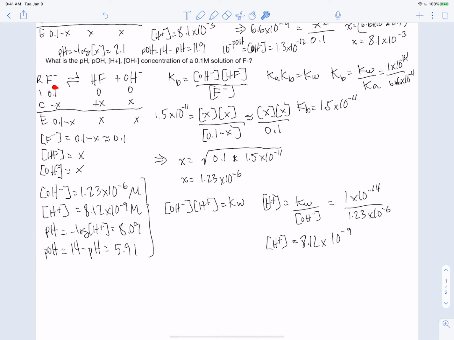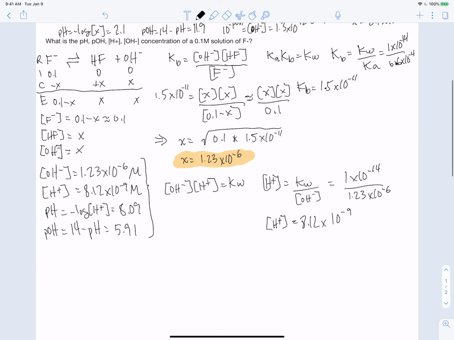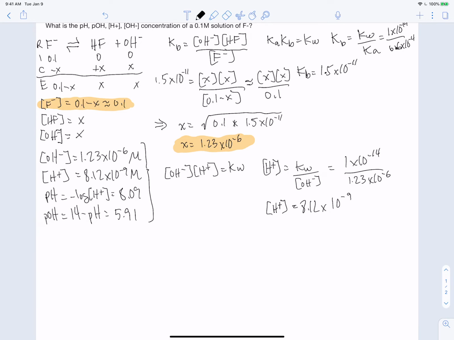The main thing is that it's small relative to whatever the starting concentration is of the reactant. And we don't necessarily know that until we solve the problem. So what you can do is you can make the assumption that x is small. And now I've got 0.1 in the denominator. Solve for x like I did here. So I've got x, and then actually go through and see how well it compares. Whether or not this expression over here is true or not depends on how precise your answer needs to be. But as a general rule of thumb, if x is less than 5% of whatever your initial concentration was,